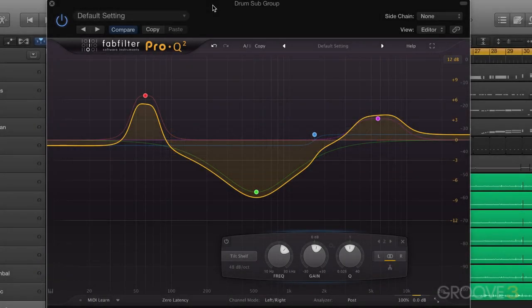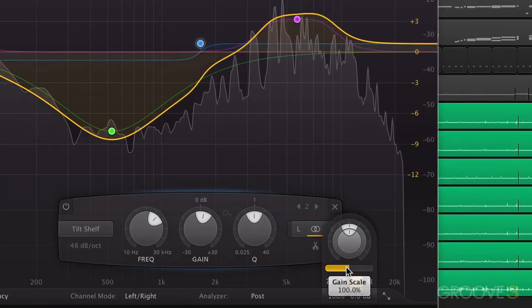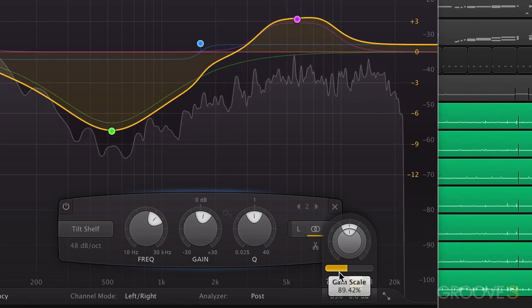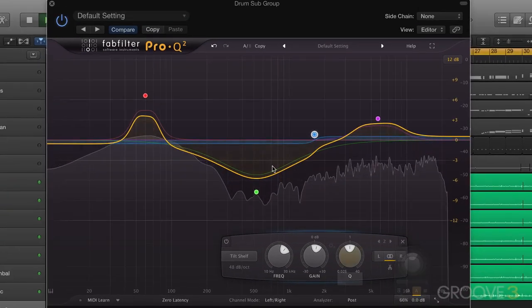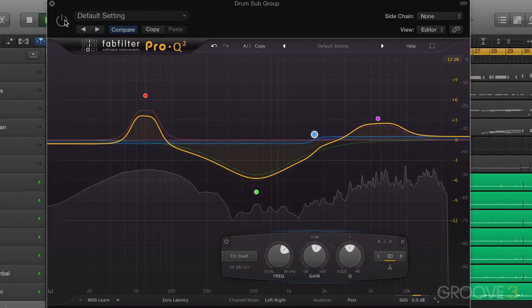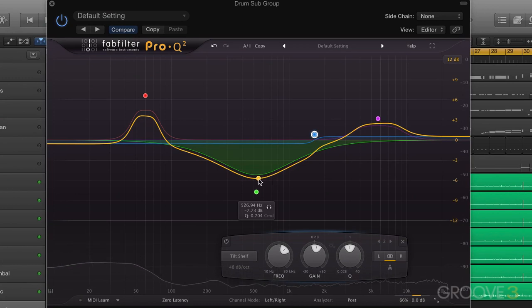Let's look at working with presets and a couple of final interface options. Now, this is the drum bus EQ I had set up at the beginning of the last video, and I want to just tweak it a little bit. I think I'm going to go to the output section and use some of this gain scaling. Okay, so I've scaled it so I'm not using it quite as intensely, and I think I want to save